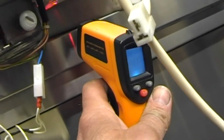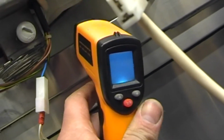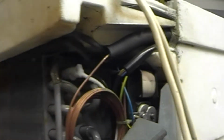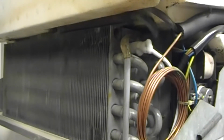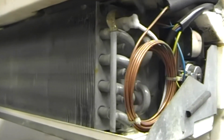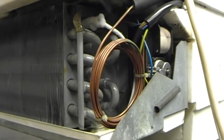It's a bit difficult, because obviously it's sucking air in from around, it's not enclosed in its housing. It's definitely cooling something anyway, but it's sucking air in from around here and the other side at room temperature, rather than just drawing it through here and chilling down. So we will put it back together